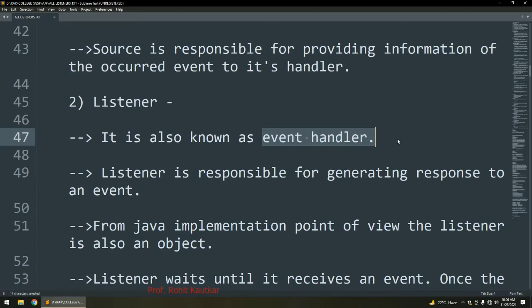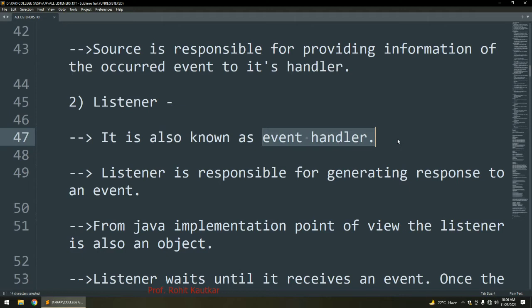So the listener is responsible for generating a response to the event. How is it going to respond? It will execute a certain block of code, and that is our event handler. It will invoke a certain method which will execute certain statements. That is the role of the listener here.